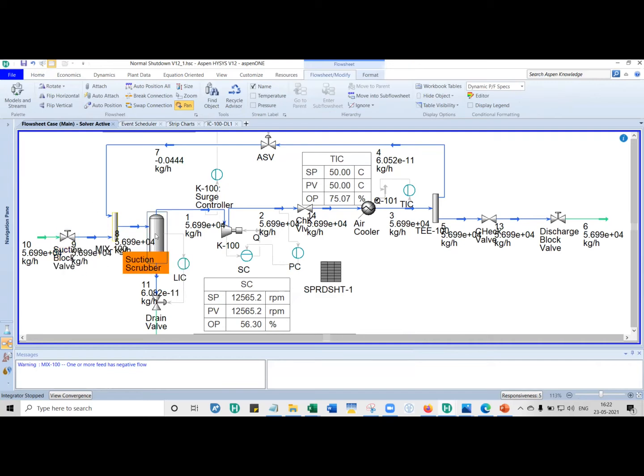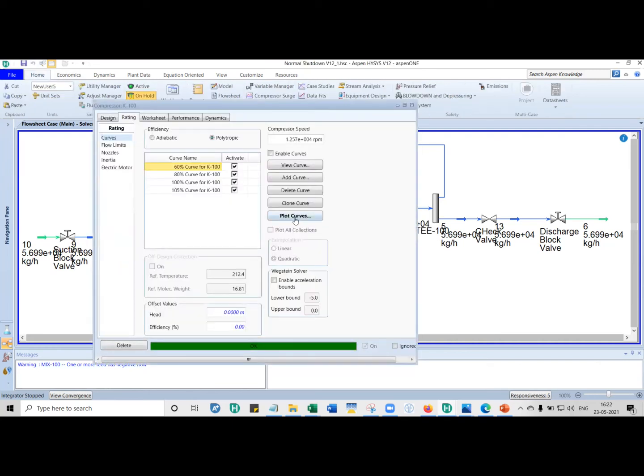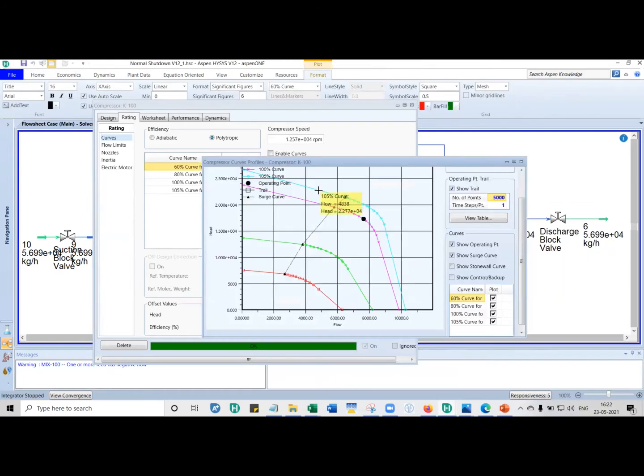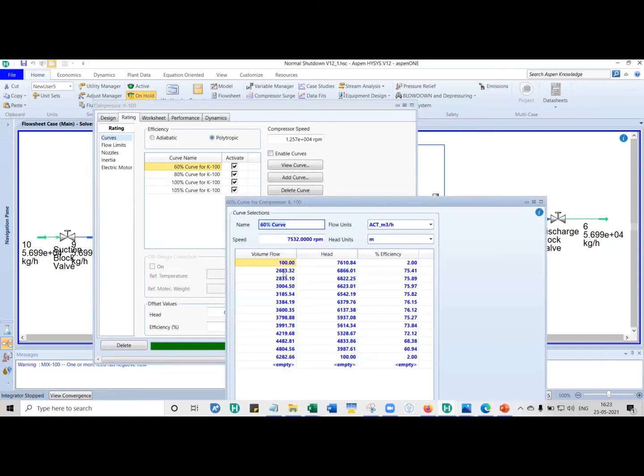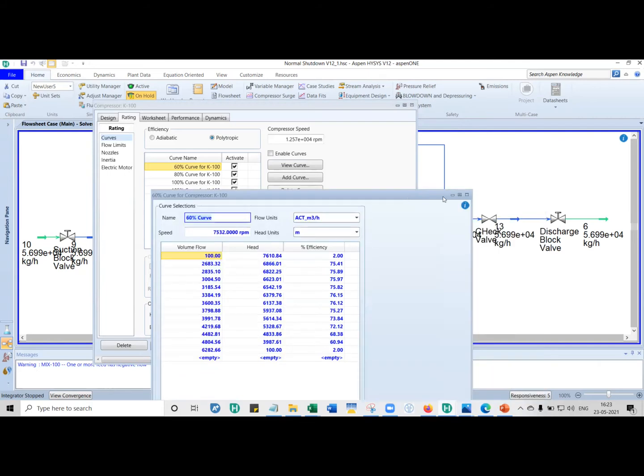For the suction scrubbers, you have to give the volume. For the air cooler, you have to give the volume and also the loss coefficient. Then for the gas compressor, naturally, you have to put in your performance maps. You need three pieces of information: the polytropic head for a given volumetric flow rate, and also the polytropic efficiency. So these three parameters you need to have, and for each speed, you enter them here. Now, if you observe, this is the actual data from this 2638. This is the actual data.